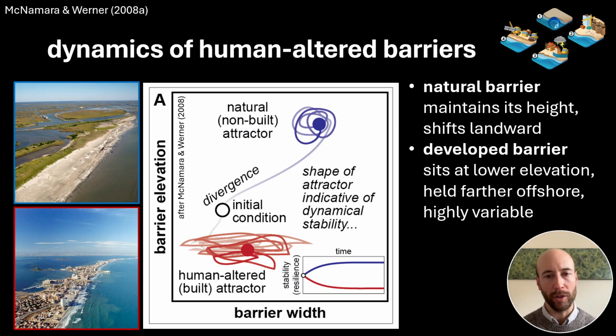If you track over time in their coupled model, again, it's a beautiful representation of this kind of system. If you look at barrier elevation on the y-axis versus barrier width on the x-axis,